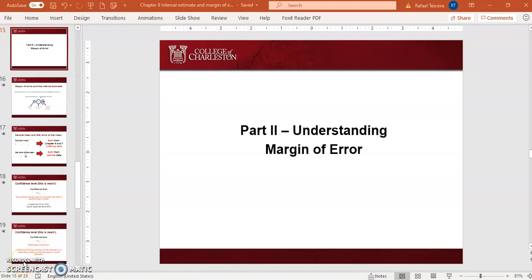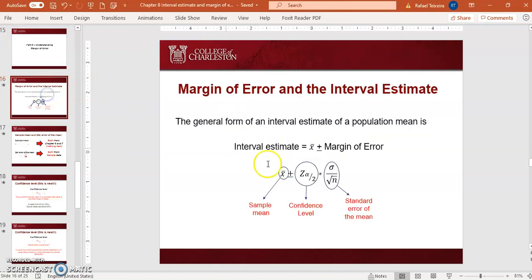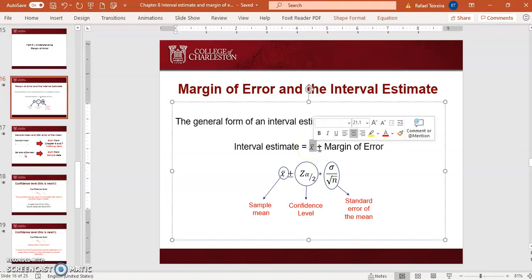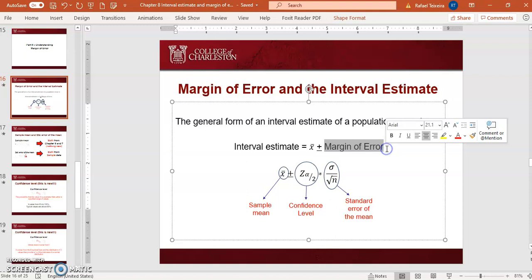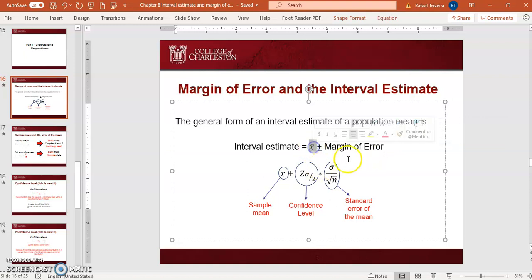Hi, this video is to talk about the margin of error, which is a very important concept for interval estimate. So here's the formula for the interval estimate. I put this formula here just for you to understand that what we're doing is we're getting the sample mean, adding and subtracting a margin of error, which means a margin for the error of the sample mean that we're computing. Again, this is a point estimator, and we're giving an interval, adding a potential error for this point